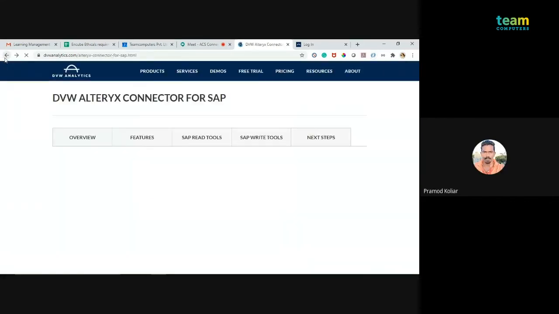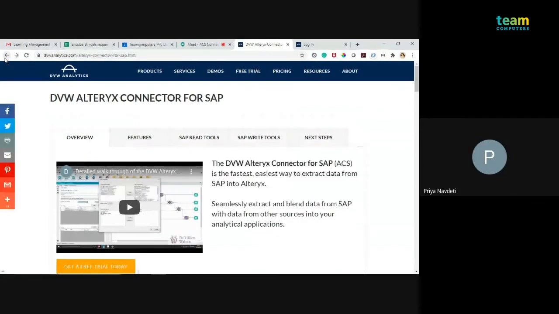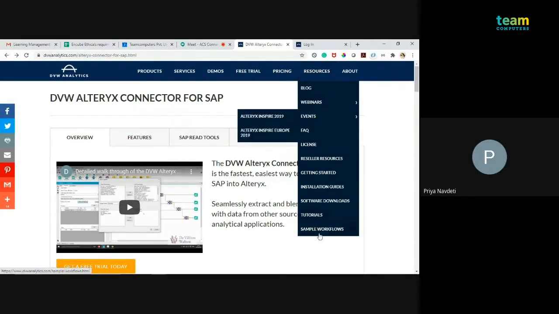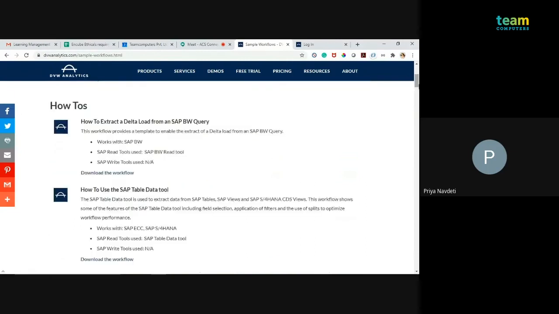It's the only way to connect the SAP ECC system to the BI tool. If you want to see examples, there are sample workflows as well. We have to download the workflows and run them, and an explanation is also given.